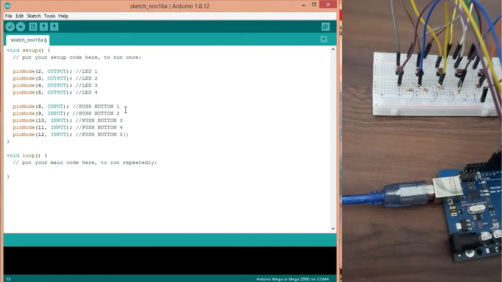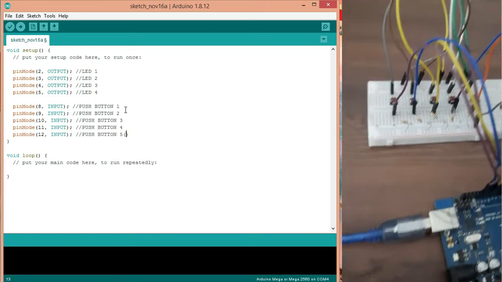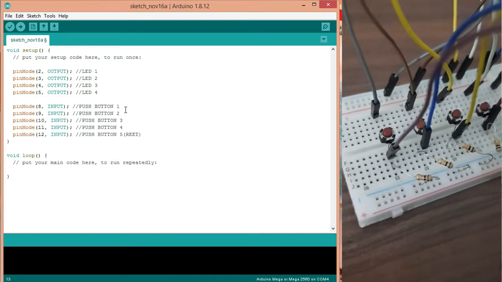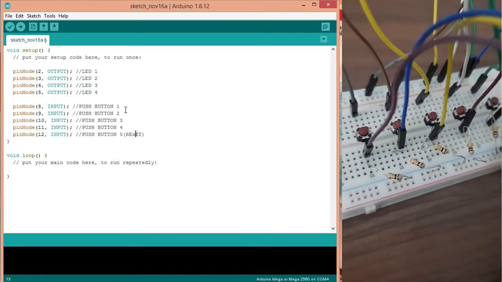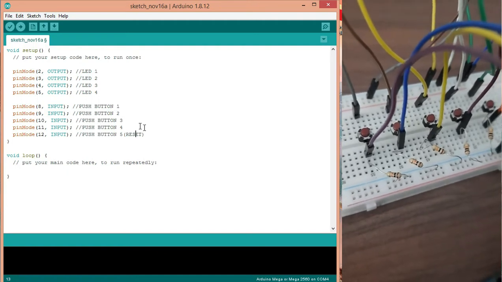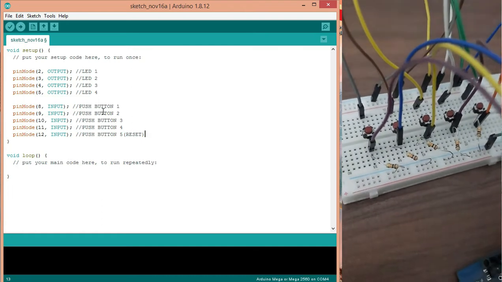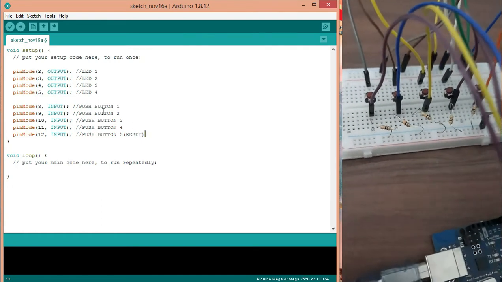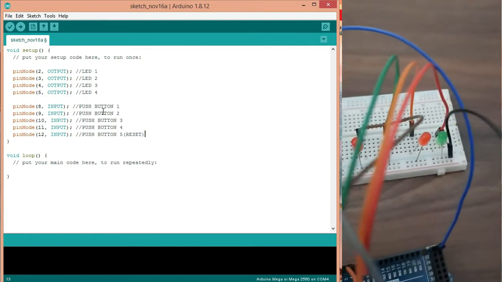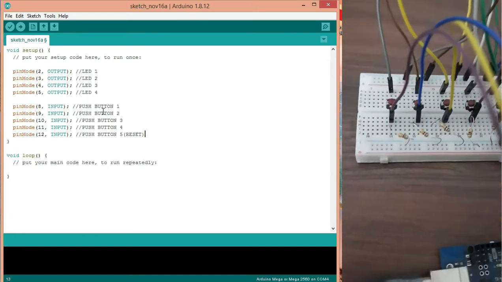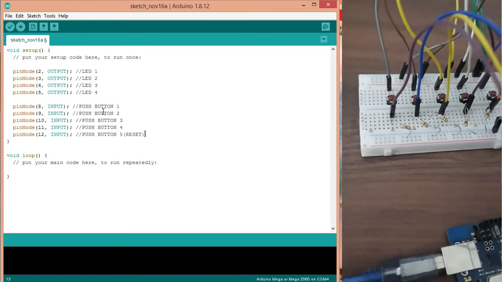This is for reset. Now we have declared these pin modes over here: 2, 3, 4, 5 as output for LEDs, and 8, 9, 10, 11, 12 for push buttons in input mode.